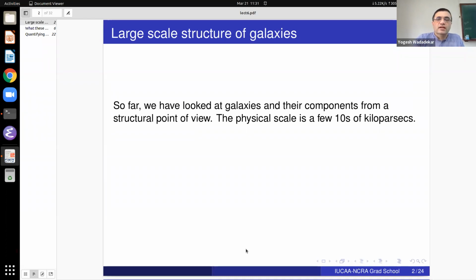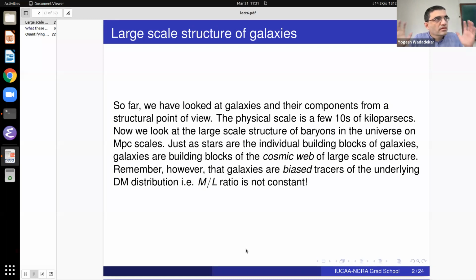of kiloparsec. But galaxies are also very effective tracers of the large scale structure of galaxies, which of course is the ordering of baryons, the clustering of baryons on megaparsec scales or larger. So just as stars are the building blocks of galaxies, galaxies themselves are the building blocks of this cosmic web of large scale structure. It's a three-dimensional structure, which gives rise to various structures like filaments and voids and clusters and so on. But you have to constantly keep in mind that galaxies are biased tracers of the underlying dark matter